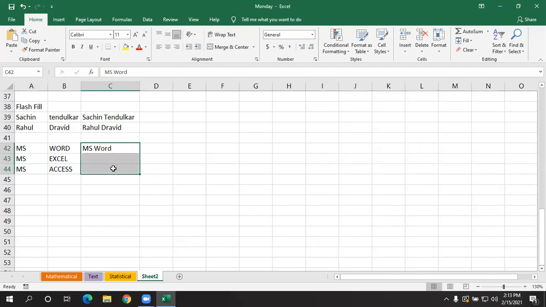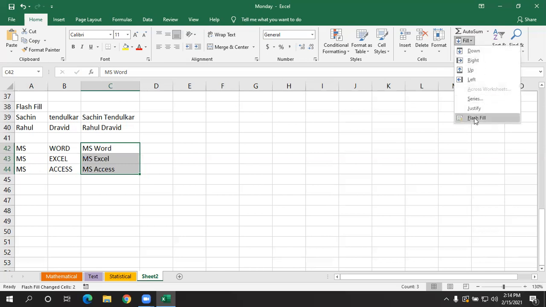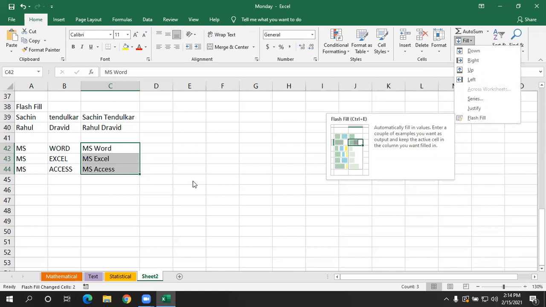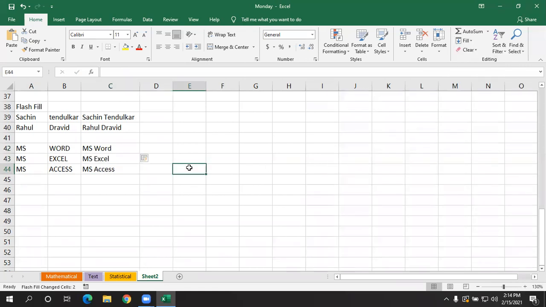There's a shortcut key to fill the series. You're going to give an example in which format you want. The same thing it will fill for the other data. Output should be given in the main cell. From there, we are using this flash fill to fill for the other cells. Shortcut key to use flash fill is Control E. Okay. Or what you can do, if you don't remember the shortcut key, select the range, fill, just click on this flash fill. Okay. So it automatically fills the values.